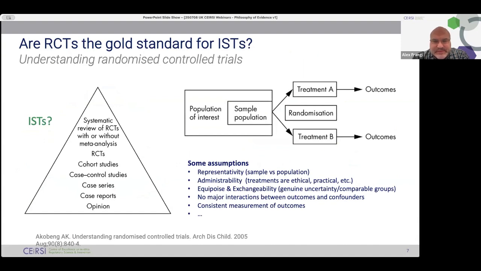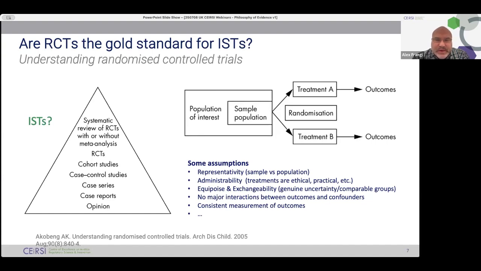Many times before this, I met many of the colleagues that are today with me in the call. I always was of the idea that maybe in-silico trials had to aspire to be as good as a randomized control trial, because in the pyramid of evidence, we tend to think about systematic reviews and randomized control trials as the gold standard of evidence. But that's not necessarily a helpful way to think about it, and we will talk a bit more about this. It is important to understand rather where the in-silico trials fit within the wider pyramid of evidence and how they complement it, and whether it isn't a pyramid in the first place.